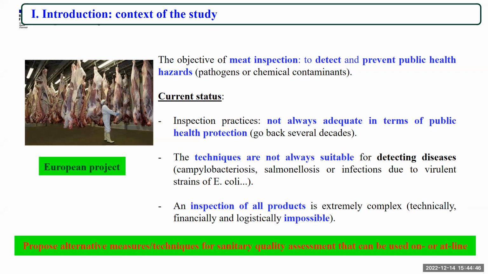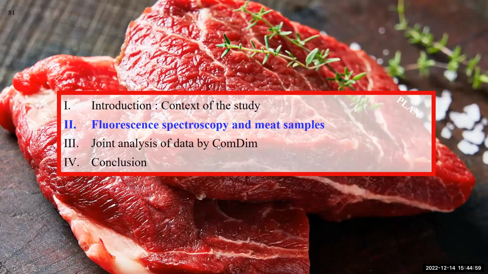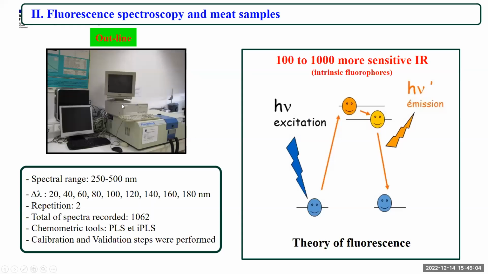So we wanted in this project to propose an alternative measurement technique for sanitary quality assessment that can be used on-line or at-line. So we decided to use fluorescence spectroscopy, and we used a laboratory device that allowed us to record spectra between 250 nanometers and